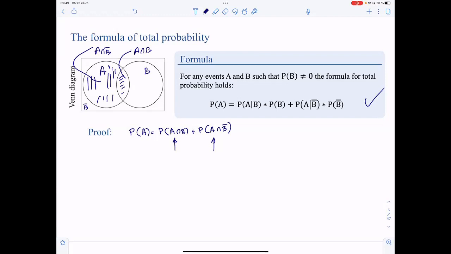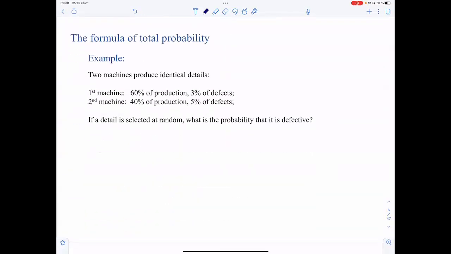I would not like you to concentrate on the total probability formula, but I'd like to move on in order to introduce the extension of that formula. It is called the full probability formula. So what we are seeing right now is a partial case, but still we are going to introduce a more extensive one. Before we do that, let's play a very basic problem.